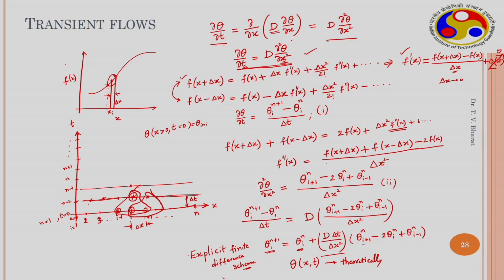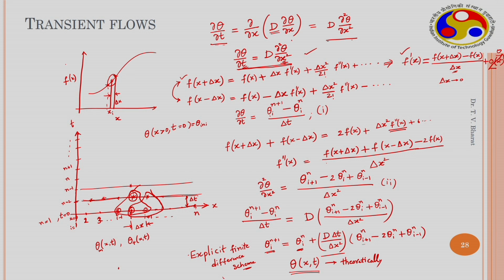In inverse problems, essentially you may want to estimate the D value knowing theta of x and t experimentally. In that case we utilize optimization techniques, because earlier I have shown that if you have theta measurements of x, t and theta theoretical, then the difference between these two data points can be taken and the error can be computed, and this error can be minimized by utilizing several optimization techniques.